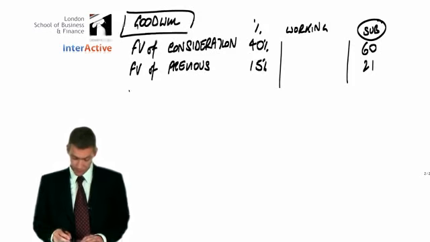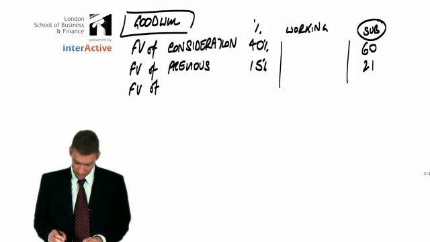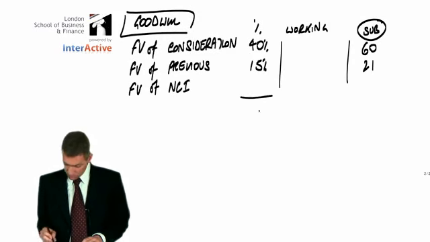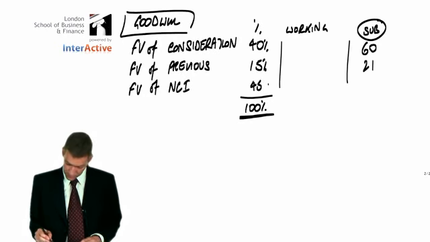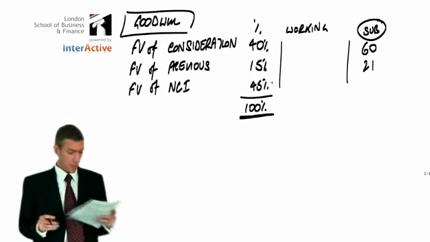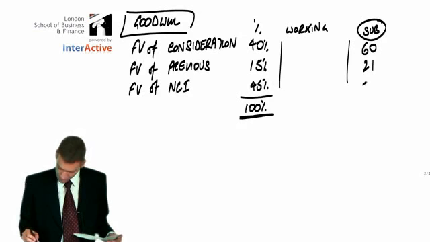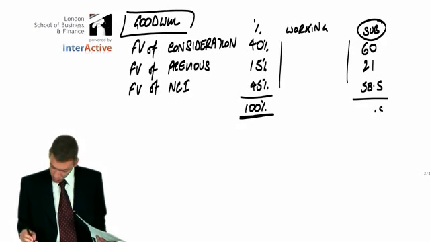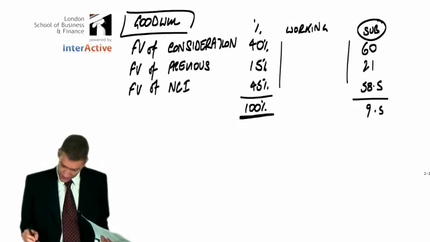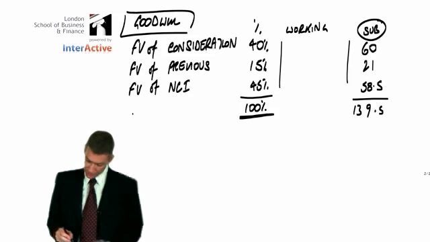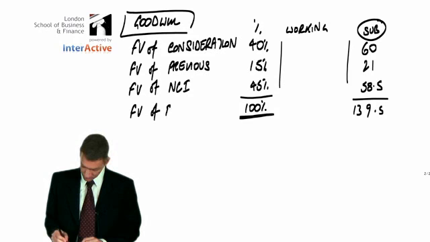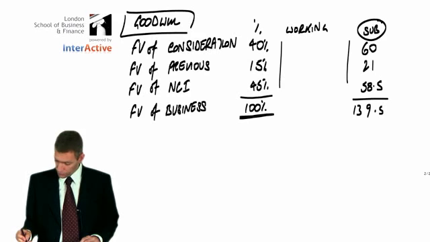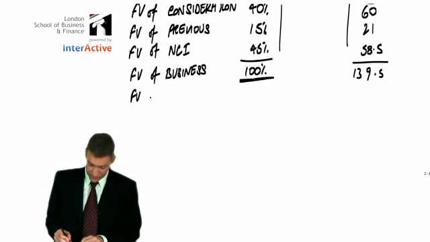But of course there's NCI, isn't there? So we've got fair value of NCI, which, given that the business must be 100% of itself, that's 55%, that's 45%. So what's the fair value of the NCI? That's given by the examiner as 58.5. So therefore the fair value of the business must be 139.5. So the fair value of the entire business is this: 139.5. The fair value of the net assets